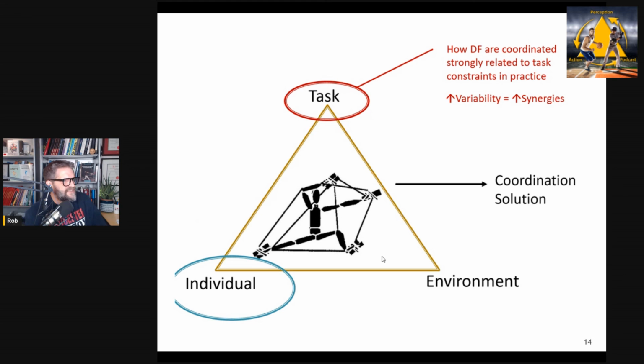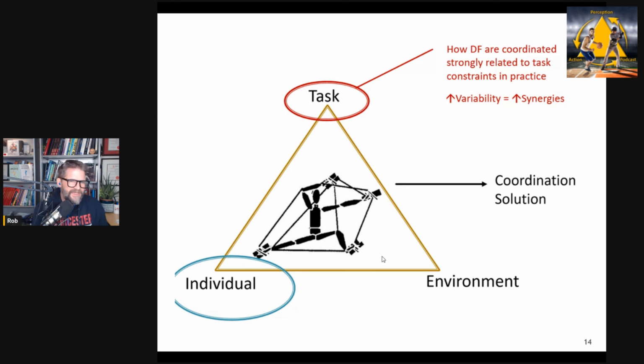And I'll end with a slide from a presentation I did. There's an episode on this, and I think on my YouTube channel you can find my presentation on freezing and freeing degrees of freedom and the evidence and the research related to it. One of the things I put up was this slide: how degrees of freedom are strongly related to task constraints in practice, right? And this is what they're showing: that practice with an initial solo task changed how you coordinated on a joint level, right? So how we coordinate degrees of freedom, how we solve degrees of freedom, the movement solutions we come up with depend on the task environment we create, the practice.